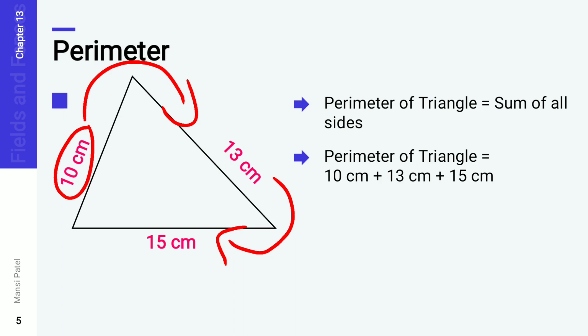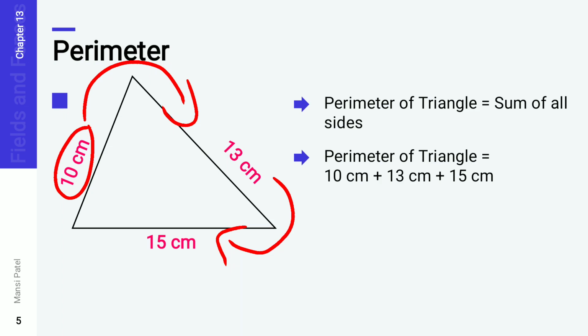Now this rule is for you only because this type of sums you are doing for the first time. If you are taking any other way of measurement, then sometimes if a shape has more than three sides, it's quite difficult for you to do the addition. Or sometimes you forget to write down the side of one or two. So it may be wrong for you.